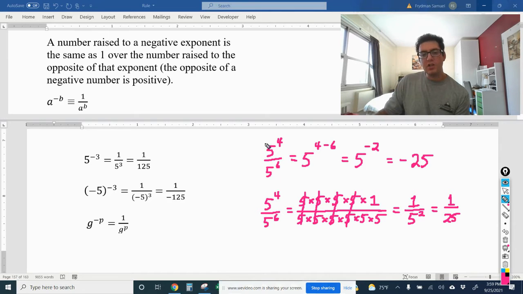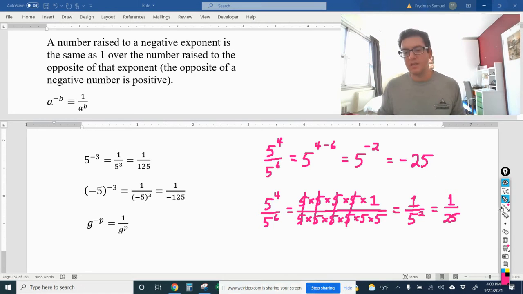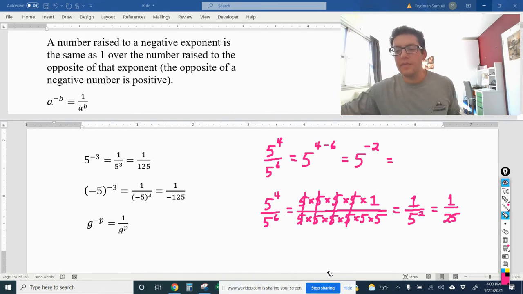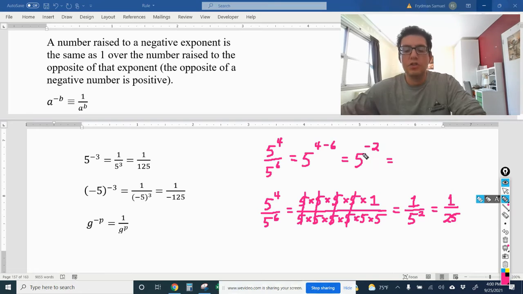So how could this expression be equal to this and also equal to this at the same time if these are not the same? Well, it can't be. So if we define 5 to the negative 2nd power to just be negative 5 to the 2nd power, then we reach an inconsistency. So the way out of that is, instead of defining it that way, to define 5 to the negative 2nd power to be the same as 1 over 5 to the 2nd power,